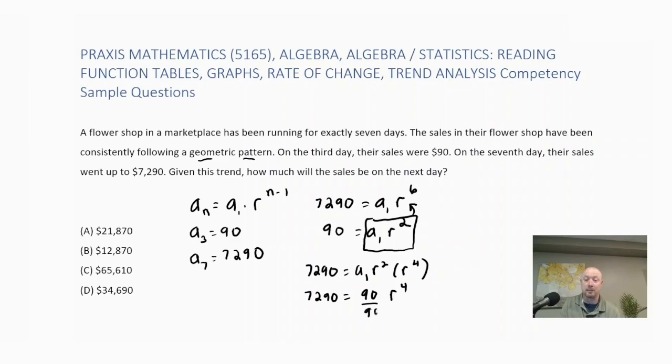So I'm going to divide both sides by 90. If I divide both sides by 90, I get r to the 4th power equals 81, which means that if I take the 4th root of 81, I'm going to get r equals 3. So that means that the common ratio is 3. So to get the sales after the day where it was $7,290, the next day we would just multiply this by 3. So our answer would be choice A,